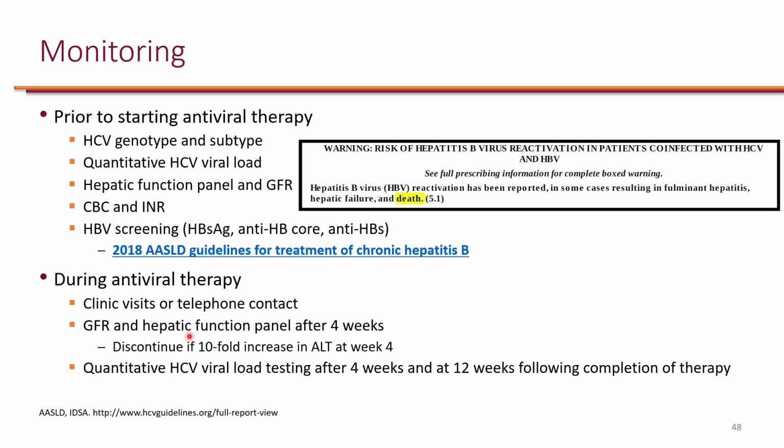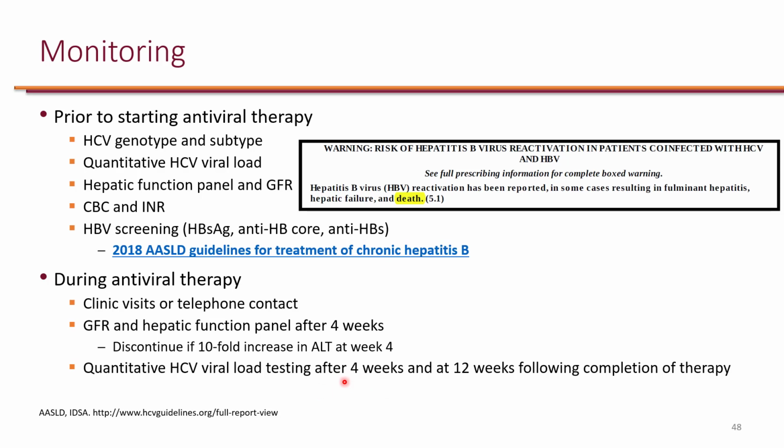In fact, if there is a 10-fold increase in ALT at week 4, it's actually recommended to discontinue the hepatitis C regimen. And then it's important to also get the viral load at week 4. And the reason is that these regimens that we have for Hep C are very potent. So by 4 weeks, we should get significant reduction in viral load. So if we don't see a significant reduction in viral load by 4 weeks, it's either because the regimen is not working. So, that's important to detect early on so that we don't continue a long duration of therapy,